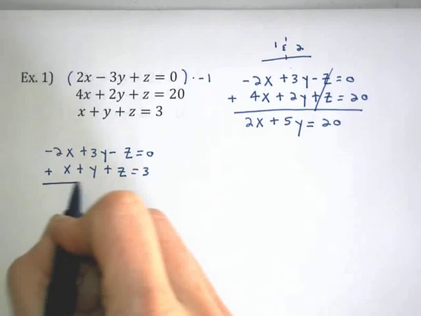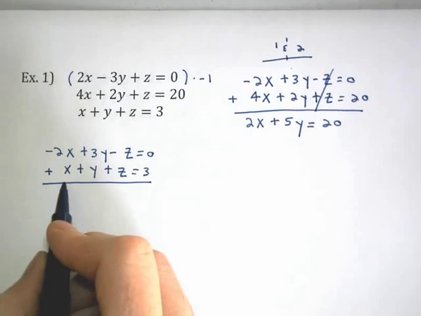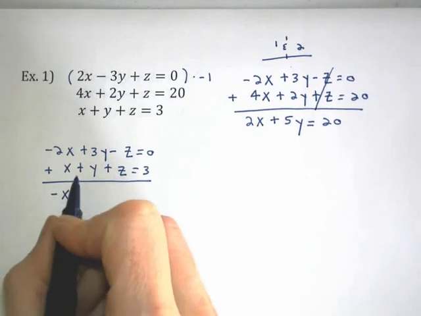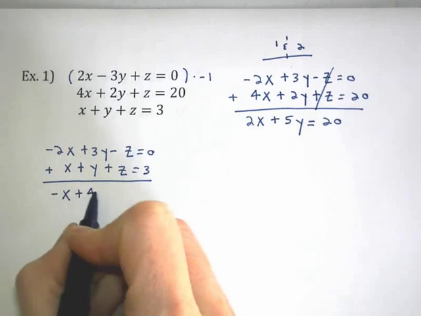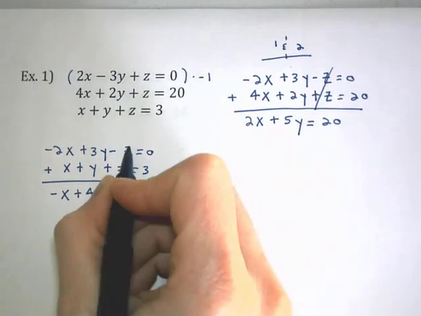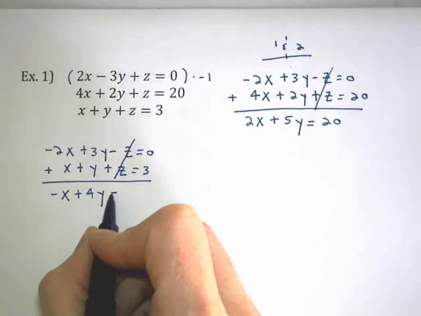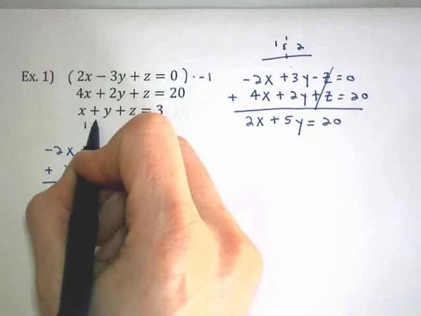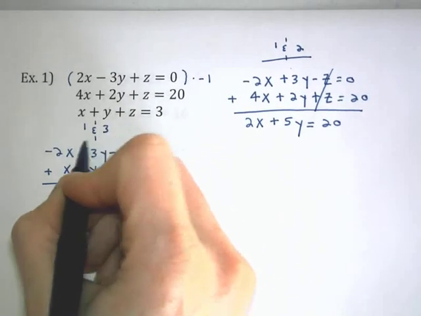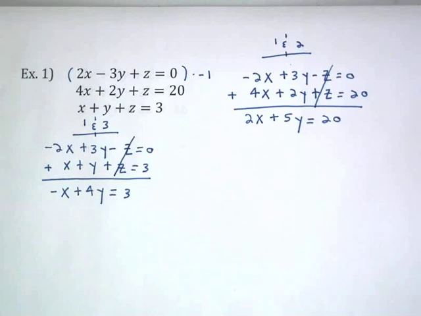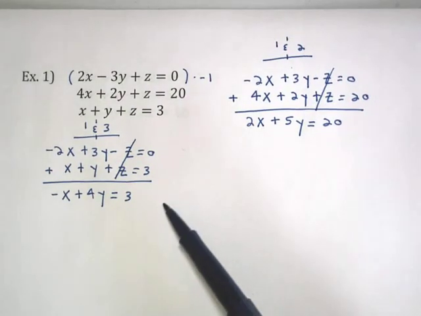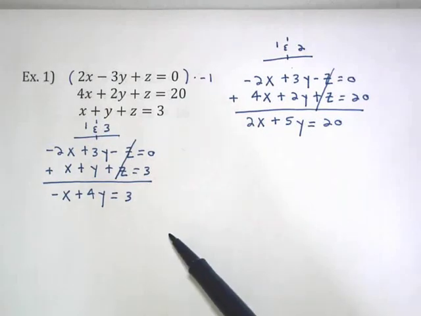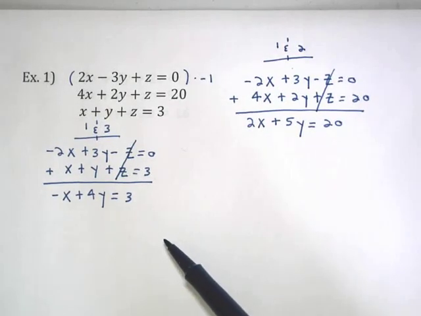So when I add these equations together, -2x plus x makes -1x. 3y and y makes 4y. My z's are eliminated, and it's equal to 3. Okay, and a little note here, this is when I use the first equation and the third equation. Okay, so now what I have here is two equations that are down to just x and y, which is what we want because that makes it easier to